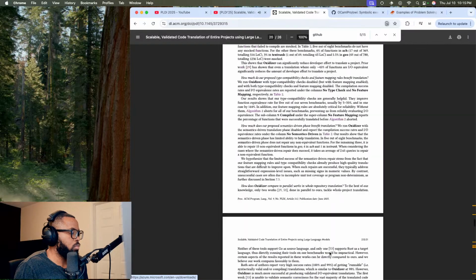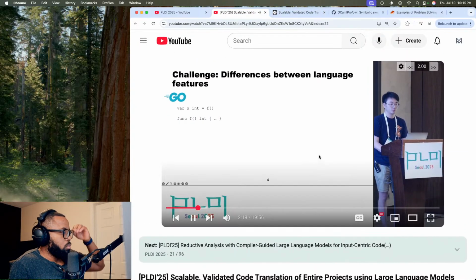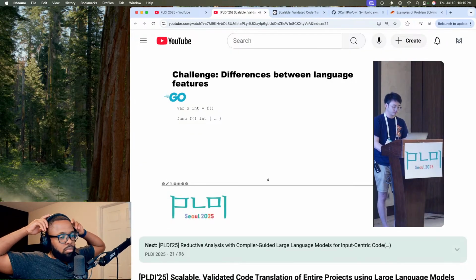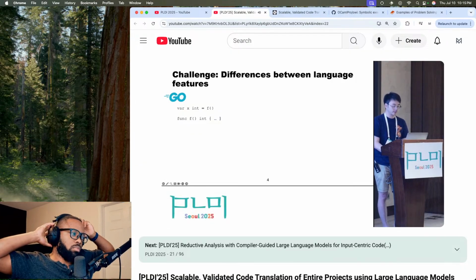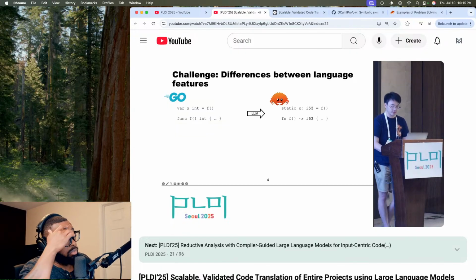However, being modular is not sufficient in itself. When applying the modular translation algorithm, two key challenges arise. Firstly, we discover that LLMs are often unreliable when translating features of the source language that do not have a direct mapping to the target language. For example, in this Go program, a global variable x is initialized by calling a function. Without specific instructions, the LLM can produce Rust code that largely simulates the syntax of the Go program, where the